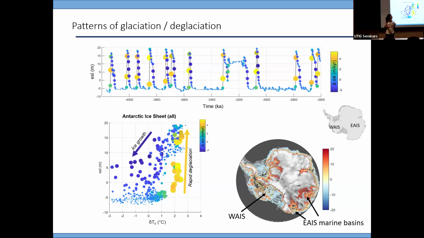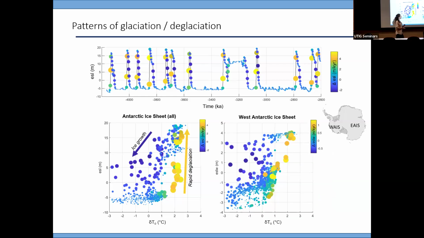We talk a lot about West Antarctic ice sheet stability, so I wanted to look at just West Antarctica. Now I'm plotting just the West Antarctic ice sheet contribution to sea level on this axis, so it goes up to 5 meters above present rather than 20. Now you can see the threshold for collapse, where these yellow dots start happening, is much lower. It's about 0.5 degrees Celsius, and the threshold seems to be quite a bit more complex than East Antarctica. This supports our understanding of the West Antarctic ice sheet as a system that is pretty sensitive.